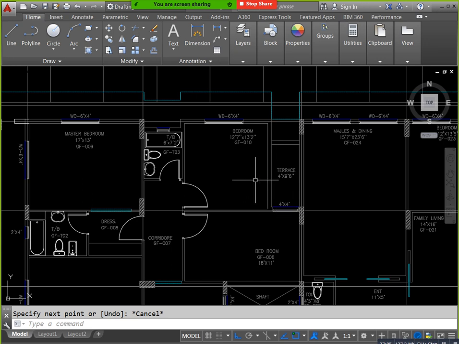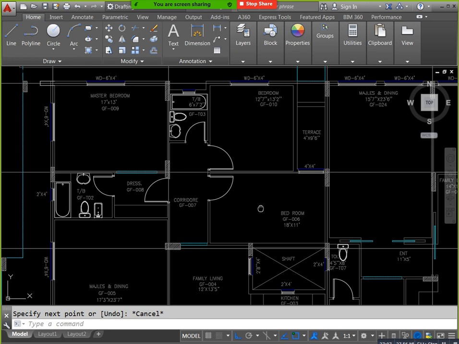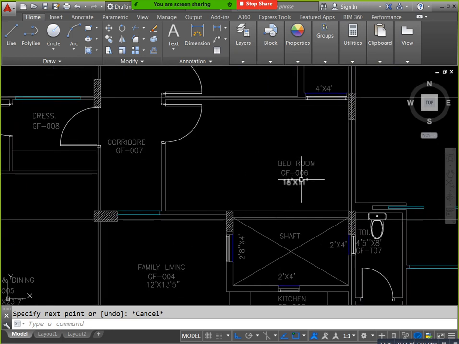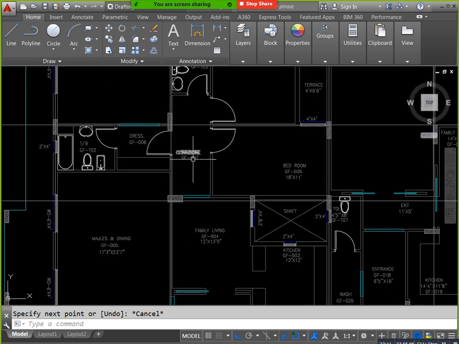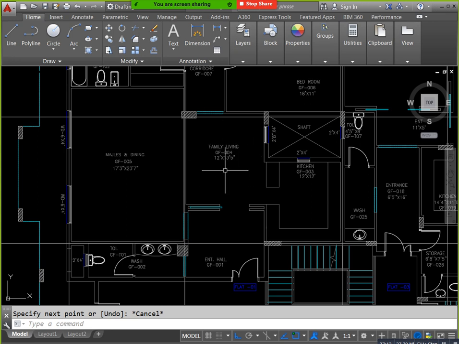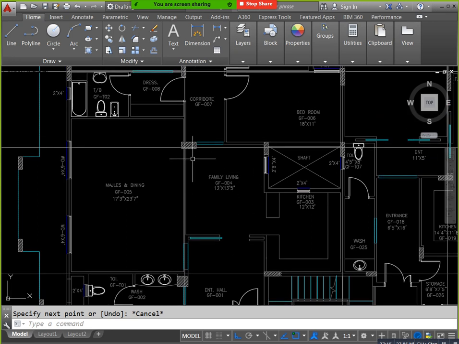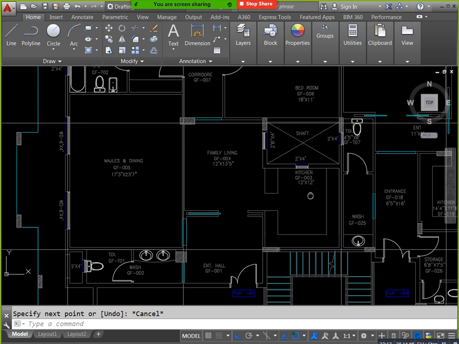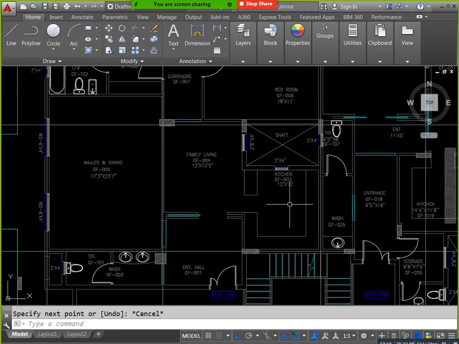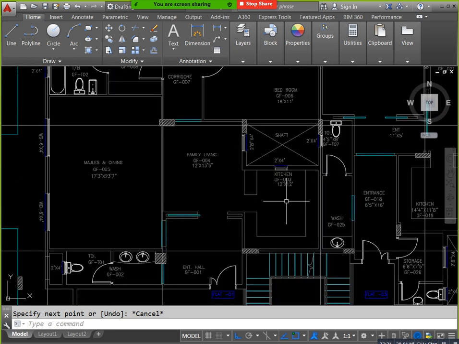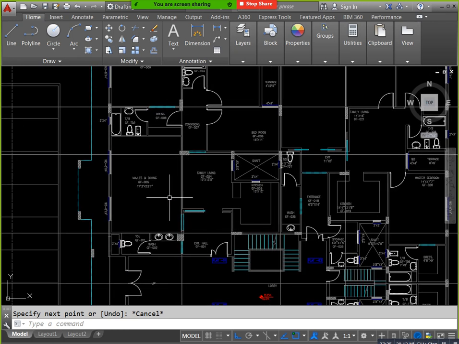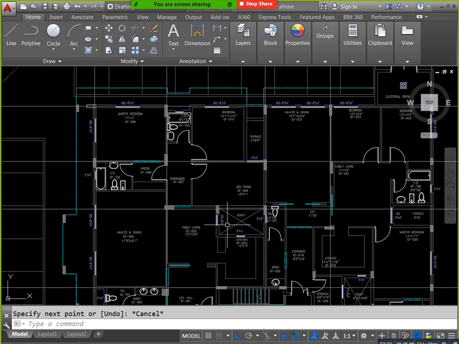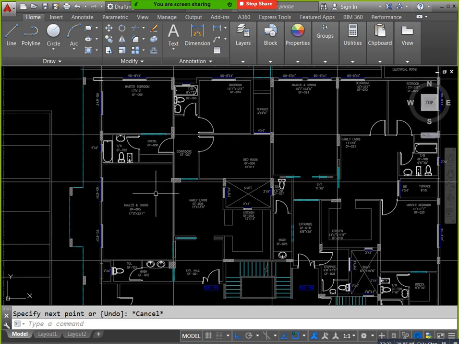First of all you need to select your conditioned space and unconditioned space. That means how many AC rooms you need and which non-AC rooms. For example, the terrace we don't need, these washroom areas we don't need, this corridor area we don't need, and the kitchen area you need. First select unconditioned and conditioned spaces, AC and non-AC rooms, for this entire project based on client requirement. After that you can start your calculation.